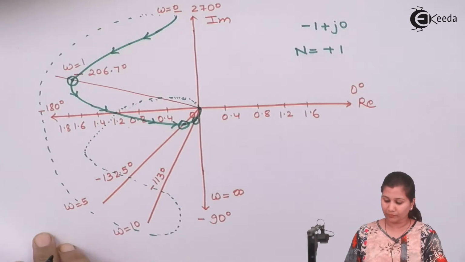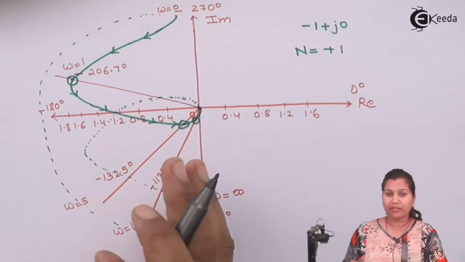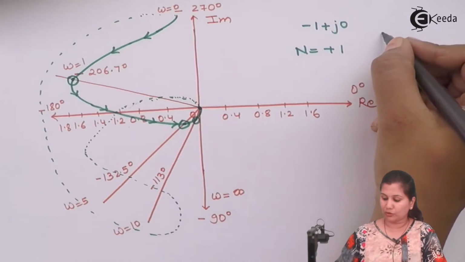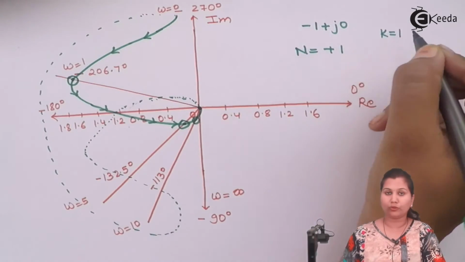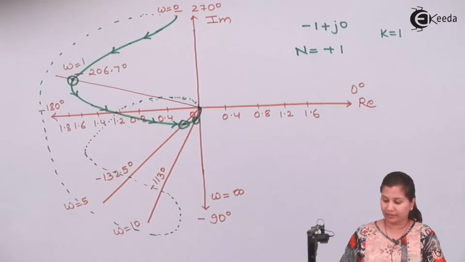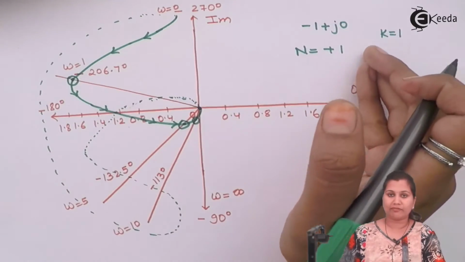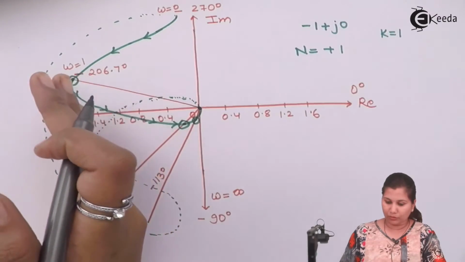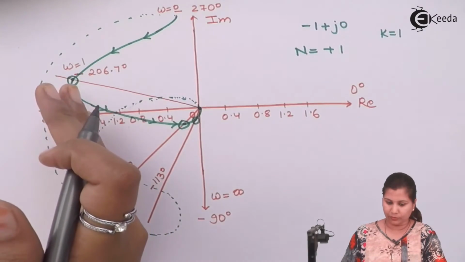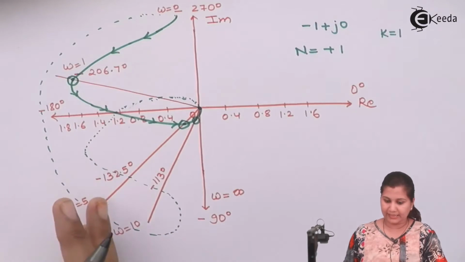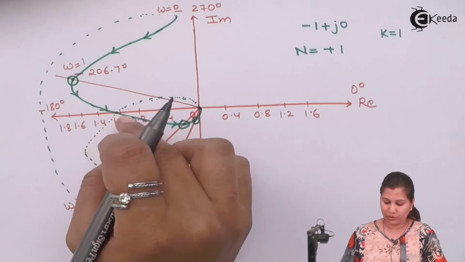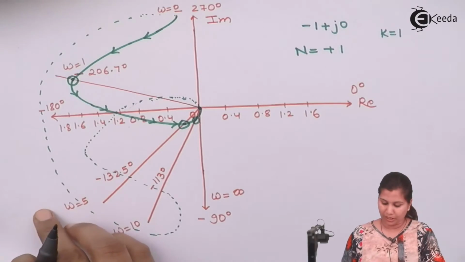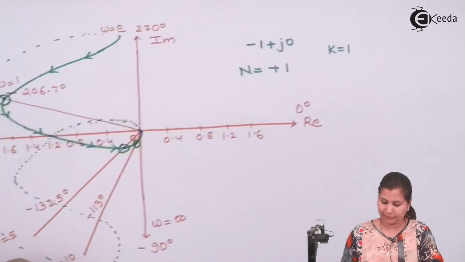Now here, when we started the numerical, we assumed that K is equal to 1. That is the gain. So when we are increasing the value of this gain K, then this encirclement will go to this side. As K is increased, the -1 plus j0 point will move inside the loop. So for checking the stability,